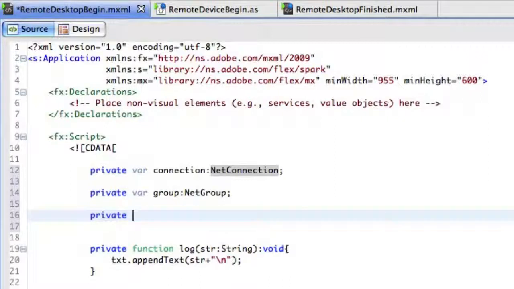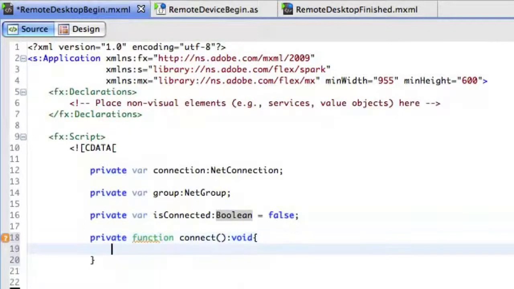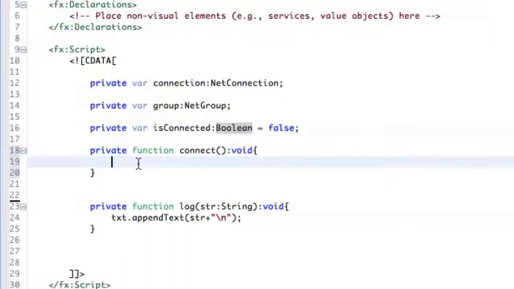The other thing we want to add is some kind of Boolean variable saying is connected, and we're gonna set it as false. And then we just prepare the function connect, which is going to do the connection itself. So we just initialize the connection variable like that, new net connection,